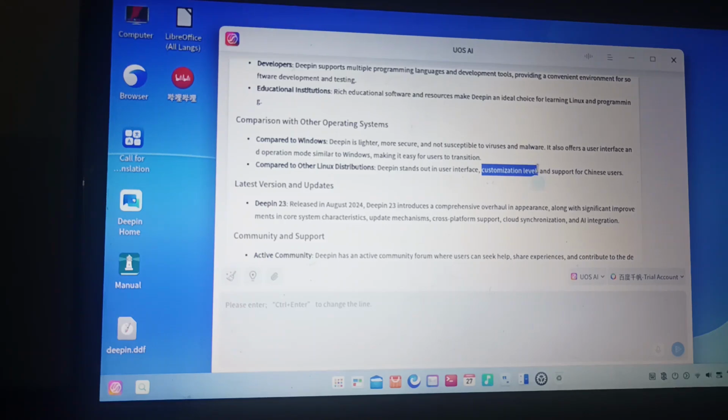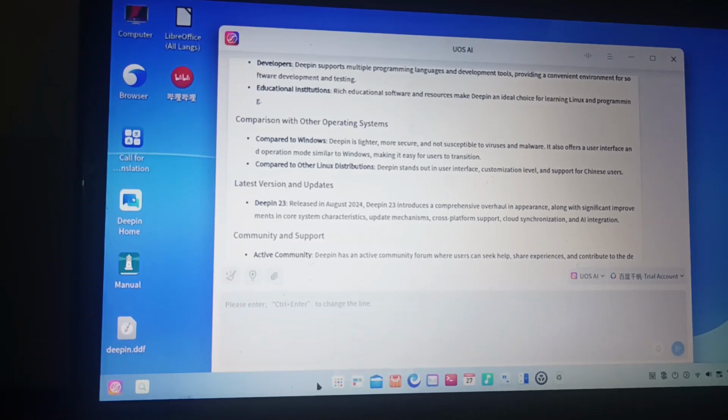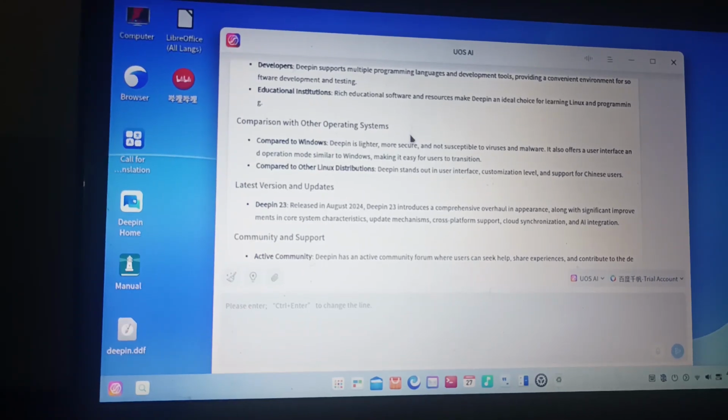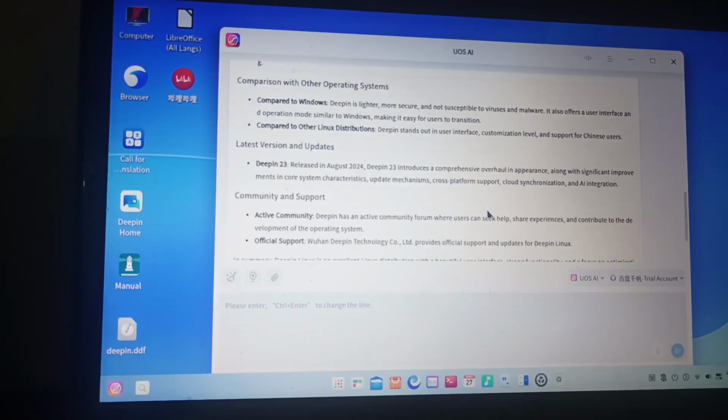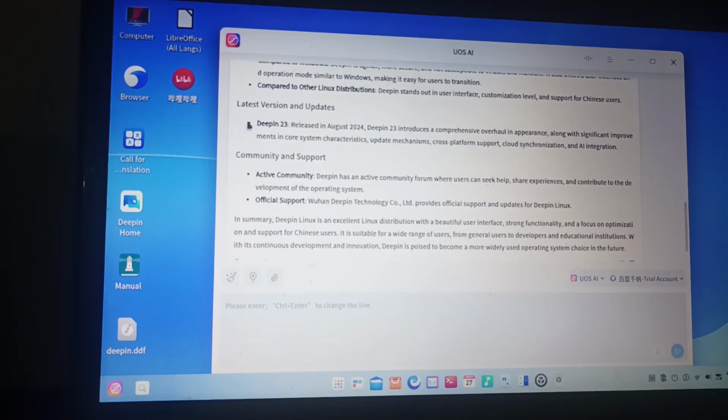Customization level, I'm not really. Deepin's not really that customizable from what I've seen. I feel like KDE or XFCE, even window managers, are more customizable than Deepin, honestly. But in user interface, debatable to me. Latest version, Deepin 23, which